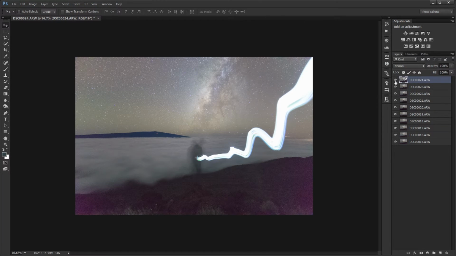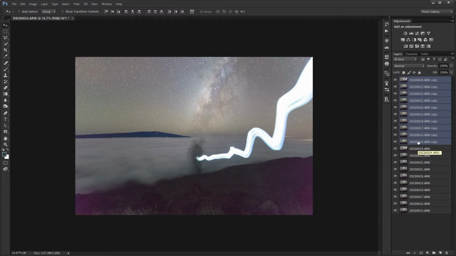Alright, that's good. So with all these layers, I'm going to create a special layer just for the ground. So I'm going to select all the layers, shift click, and pressing Ctrl J to duplicate them. Next thing I'm going to do is use image stacking to reduce noise. So I'm going to adjust the